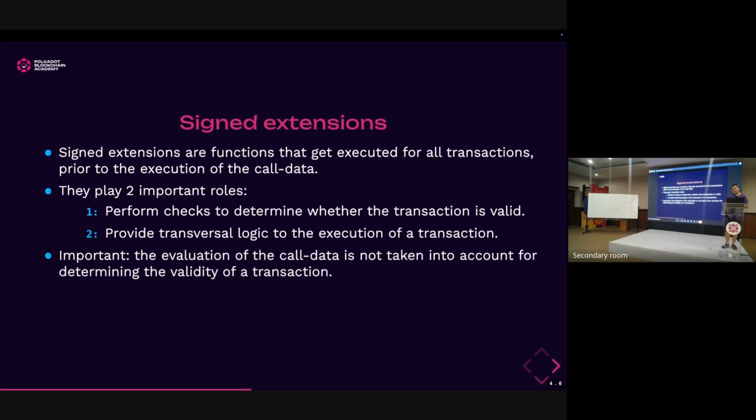Because let's think for a moment about what we just explained. The evaluation of the call data is not taken into account for determining whether a transaction is valid or invalid. So let's think about this. Let's see what the implications of this are. What happens